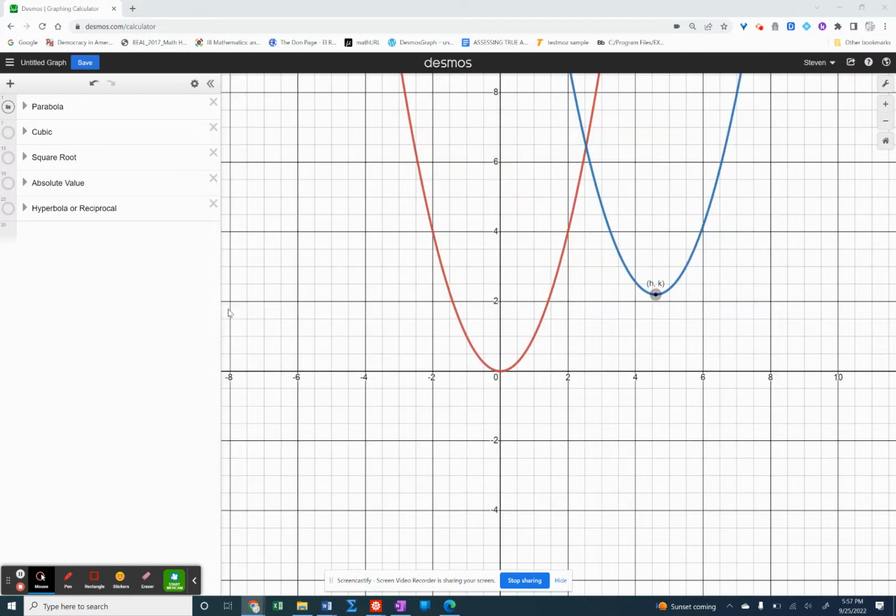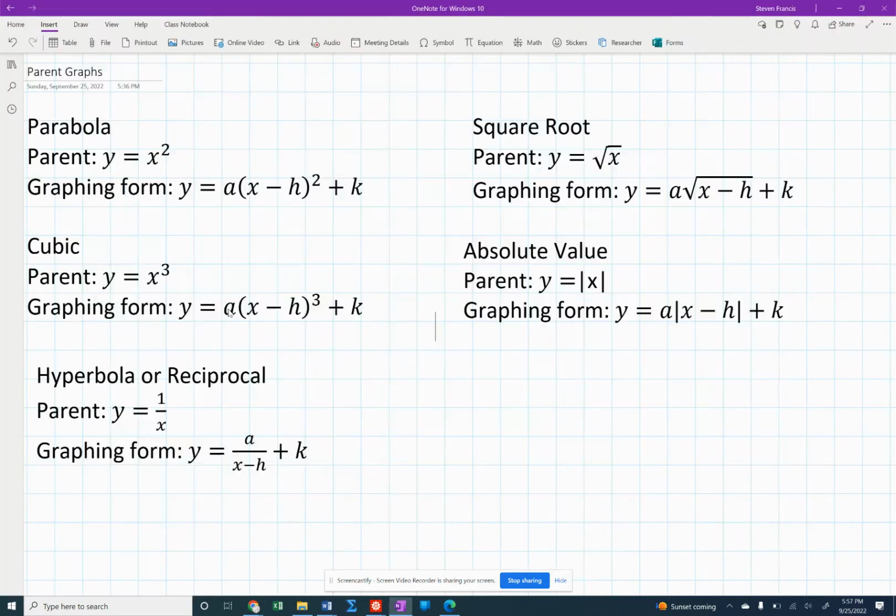Okay, so here are some notes for the chapter 2 stuff that we were doing. We're working on graphing different types of functions, and these are all the parent graphs that we've worked with so far. If you don't have these in your notes already, you should pause the video and write all of this into your notes. So we have all these different types here, and what we have to do first is